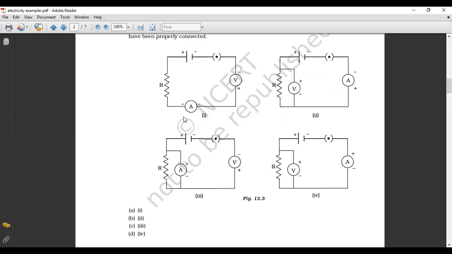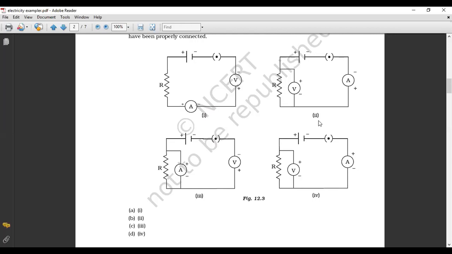In circuit 1, it's shown that there is a resistor R, a battery cell connected along with the key, along with the voltmeter, along with the ammeter. So इस circuit में आप क्या देख रहे हो students? इस circuit में basically हम लोगों को ये समझ में आ रहा है there is a voltmeter which is also connected in series. So voltmeter हमेशा parallel में connected होता है. Voltmeter is always connected in parallel. So I hope option first is wrong.